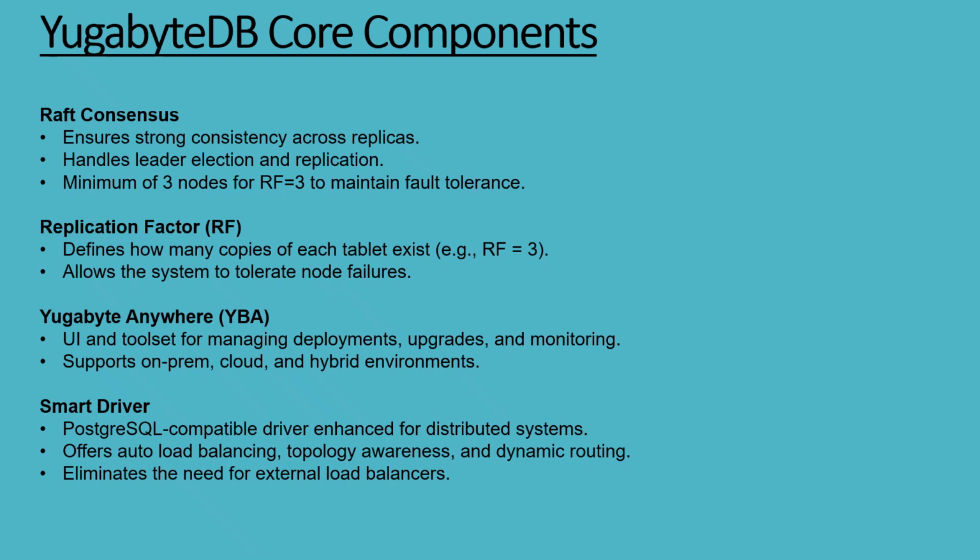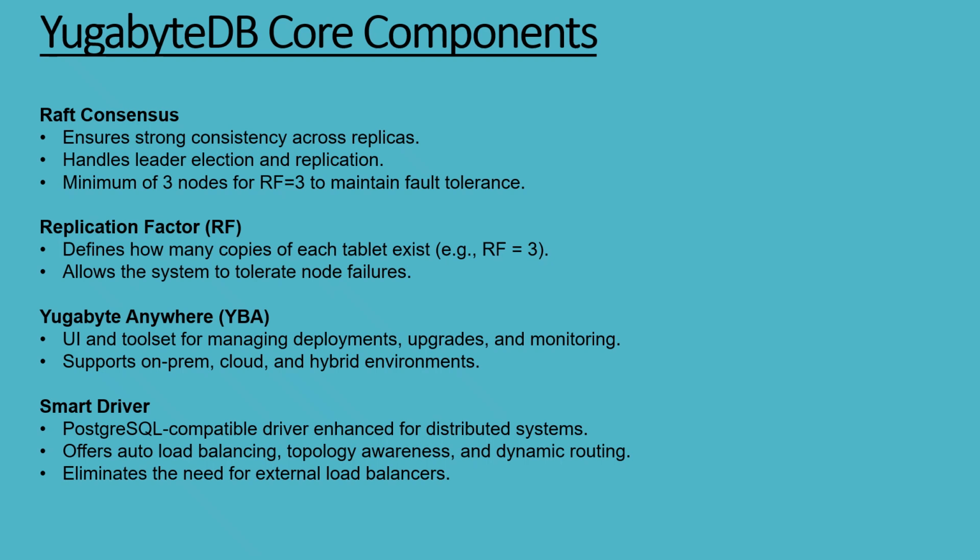So this Raft-based approach guarantees consistency. Every node eventually agrees on the same state of the data and it also enables automatic failover and resilience against node failures. So in simple terms, we can consider that a Raft group ensures data in each tablet is always consistent, available and safe no matter what happens to individual nodes. So that brings us to the next core component, which is the replication factor, which we have already touched on a few times. So the replication factor, also known as RF,